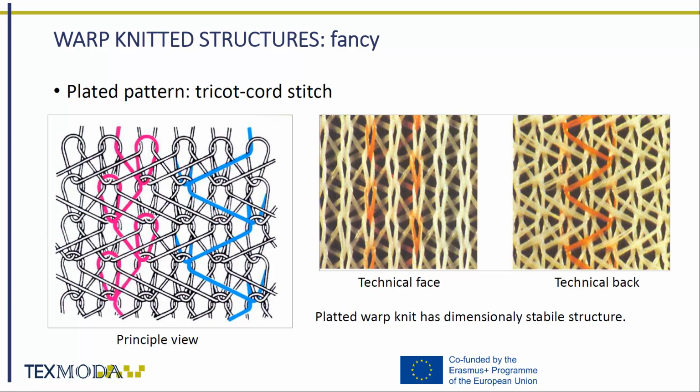Plaited warp knitted patterns are very widely used. Actually, majority of all fancy warp knitted fabrics basically are plaited and only then some additional pattern effects are created. In the plaited pattern, at least two yarns are used. The ground yarn, which underlaps are visible on the technical backside, and the plaiting yarn, which straight parts of the overlaps are visible on the technical face side.